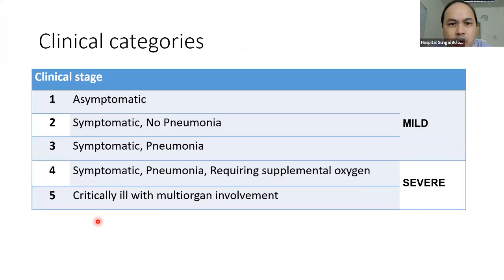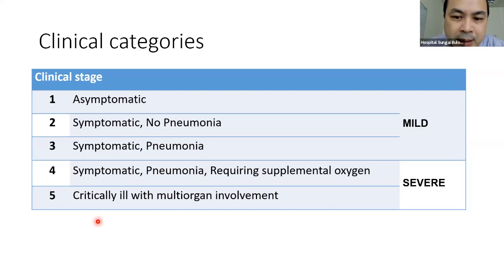Okay, so this is our own local Malaysian characterization of categories. We come up with 5 categories for COVID. First is asymptomatic. Second is generally a URTI, where you've got respiratory symptoms or some other symptoms, but you don't have a pneumonia when I do a chest X-ray or CT scan. Category 3 is when there is a pneumonia, and category 4 means you need oxygen already, and category 5 means you need to be in ICU, or you've got organs failing, or you need to be intubated.